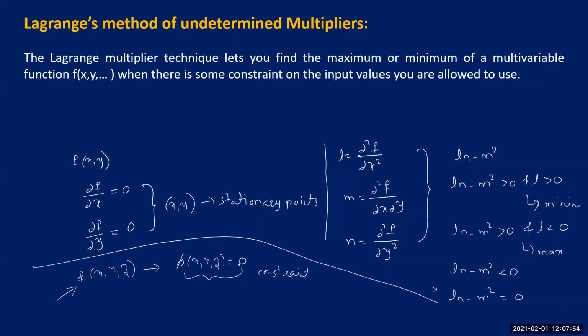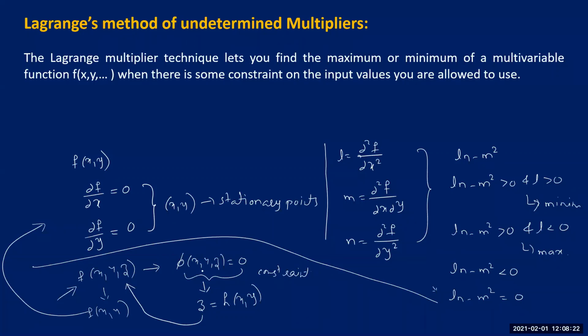Now see, when you are given a problem of this kind, what we did, using this particular equation, was to rewrite z in terms of x and y, isn't it? We wrote z in terms of x and y, and then by substituting this z in the function, we reduced it to a function of only two variables, and thereby we proceed with the same procedure, right? But see, for Lagrange, all this procedure becomes too lengthy.